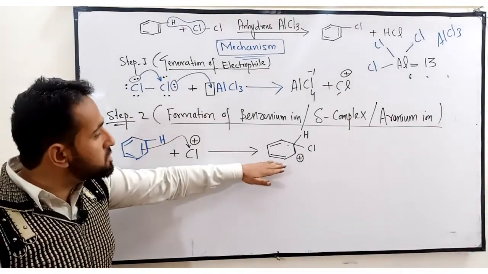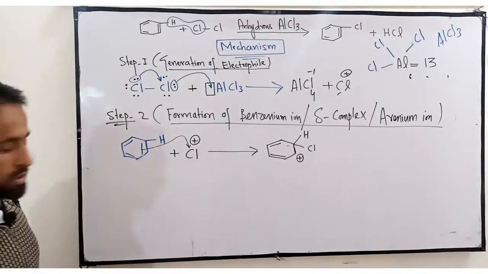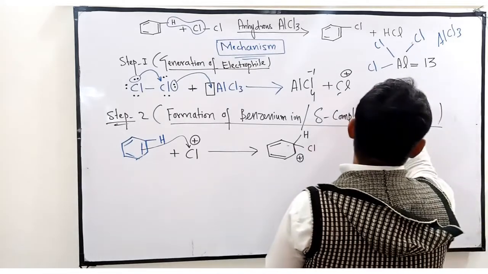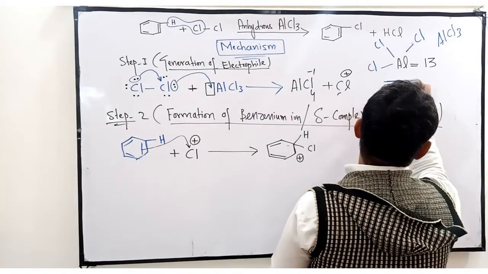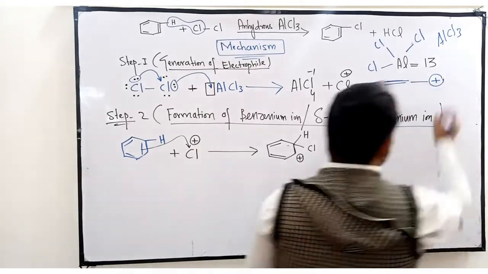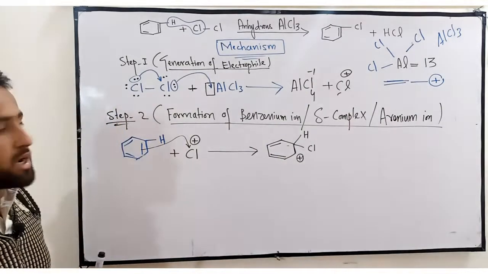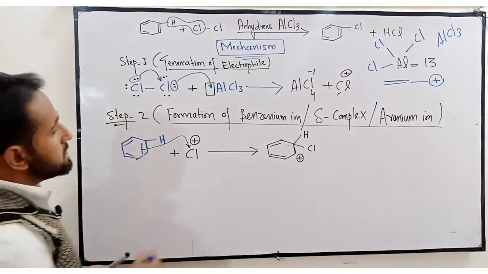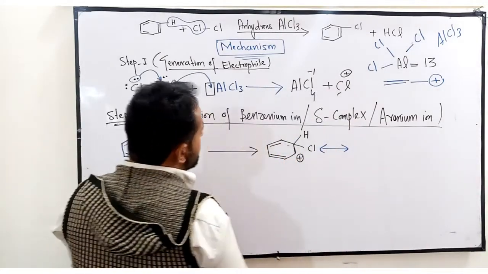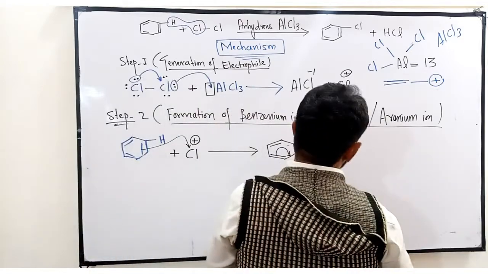The process of resonance can occur in this complex. How can it occur? We know there is a condition for resonance. If there is a double bond, with that double bond there is directly a single bond, and with that single bond there is directly a positive charge, just like here, then there will be resonance. Understand, everyone? Now how is it resonance stabilized? This pi bond will shift here. It will form a structure,